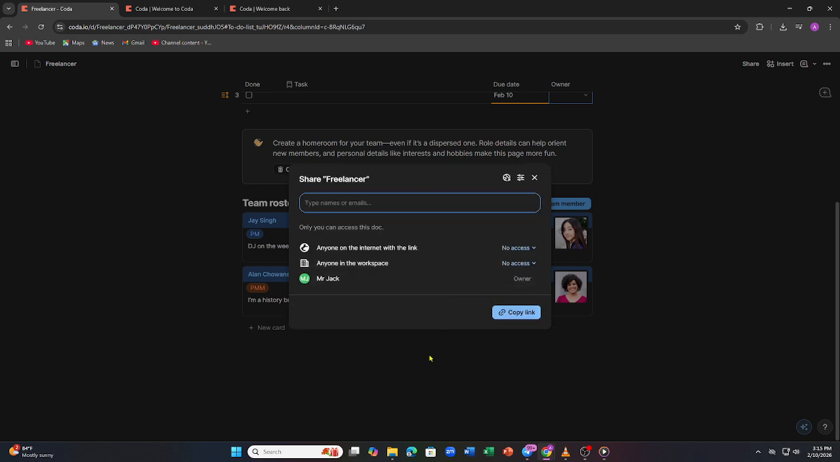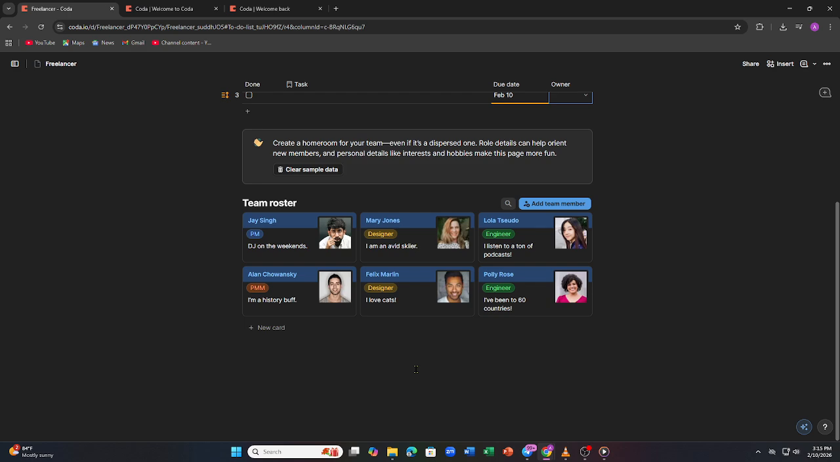So yeah, using Coda for freelancers means creating tables, adding rows, customizing formulas, filtering and sorting, creating views, linking tables,